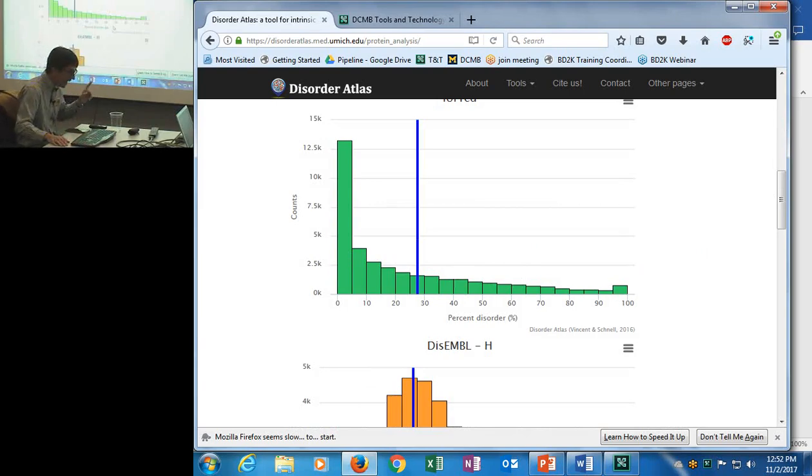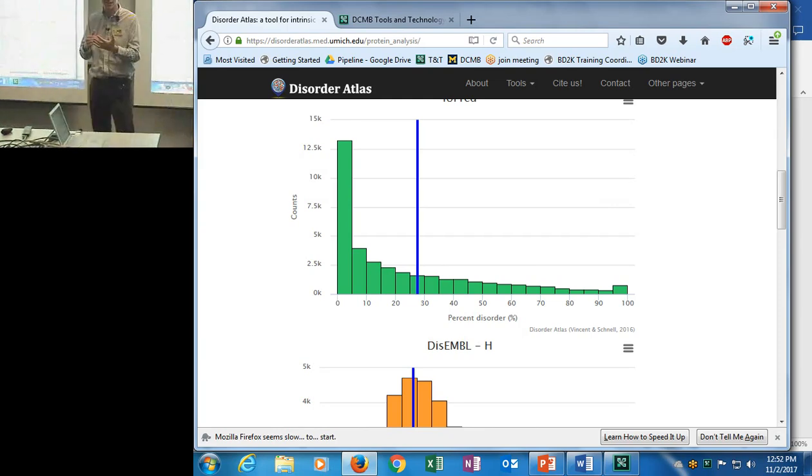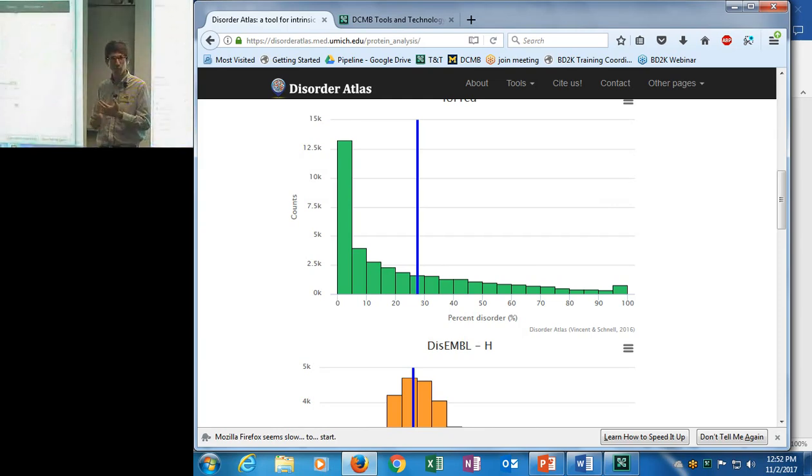And the challenge that we have is that we want to get it published, but to be truly accepted as an atlas, even though we call it an atlas, we need to significantly increase the number of proteins we have in there. Ten proteins nowadays is considered a grain of salt in the number of proteins available. And the other thing is that we need to increase the number of algorithms that predict disorder.